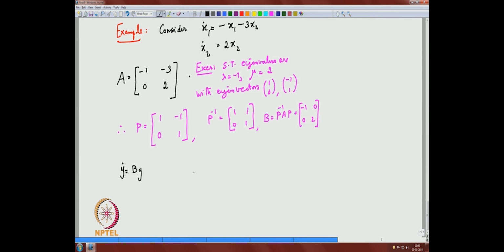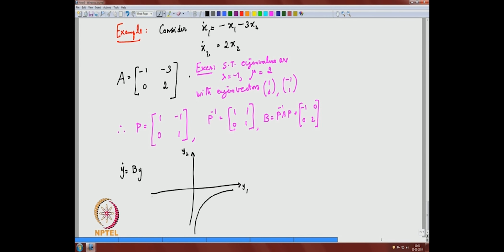So, if you plot this curve, I do not want to go further here, you can do that. This is the y axis, this is your y1, this is your y2, and this also says that the first eigenvalue, minus 1, gives stability in the first component, the second component is unstable, so it is a saddle point equilibrium. You will have this one. So, this is your phase portrait, and y2 goes to infinity and y1 goes to 0.